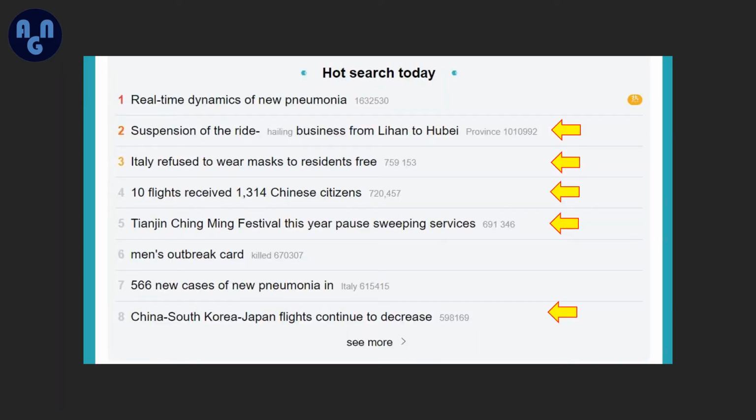Then if you scroll down further, you see the hot stories of the day, which actually these are search terms for the hot stories of today. So sometimes you can't tell what the story is by looking at the search terms because they don't make any sense. But these are the top search terms that are affiliated with the stories that follow. So the first thing we'll take a look at is the suspension of ride. That's something that's a little surprising.